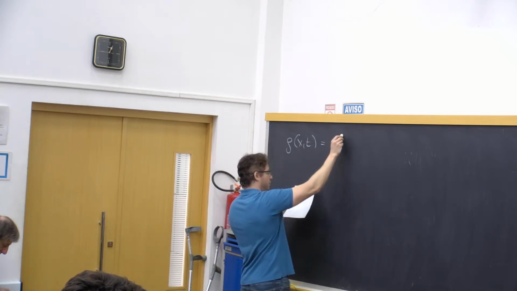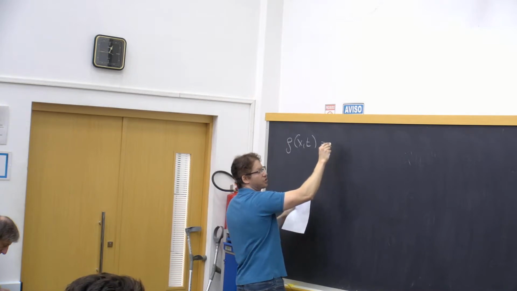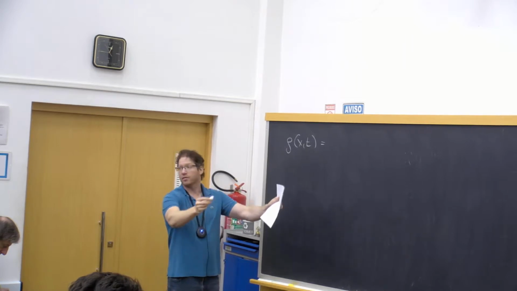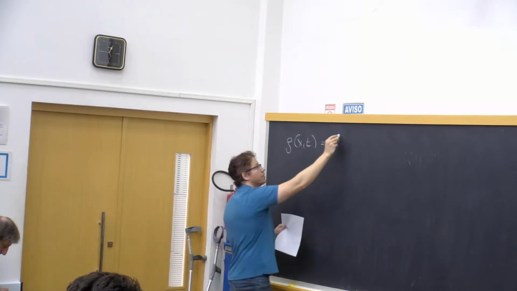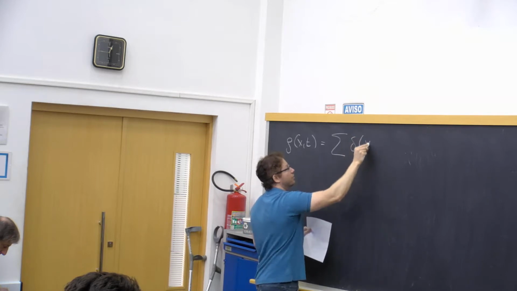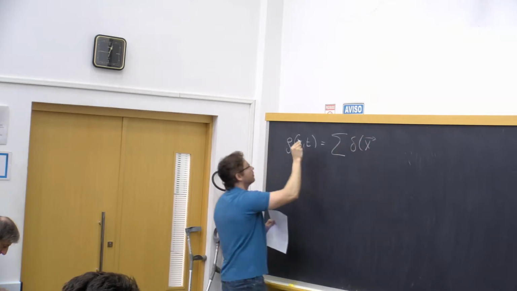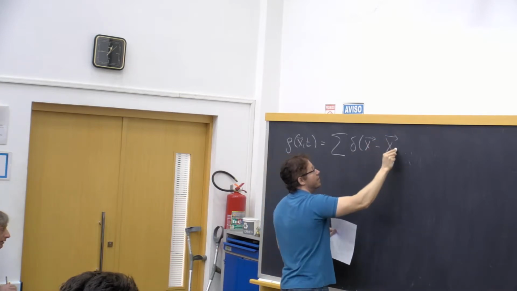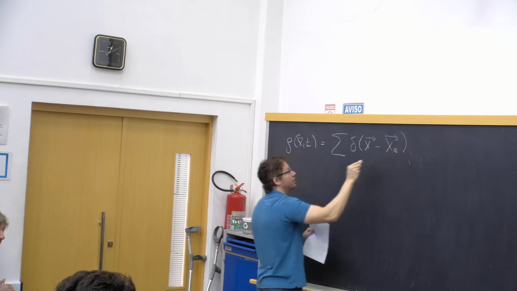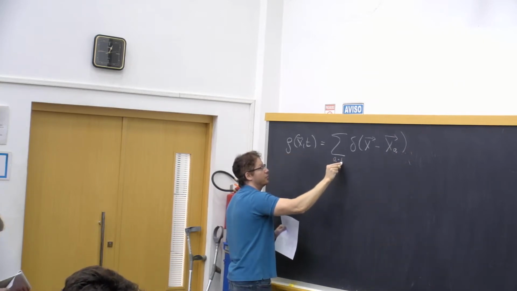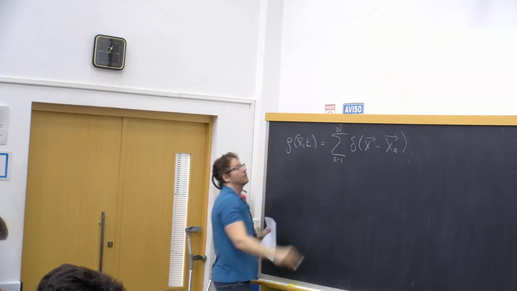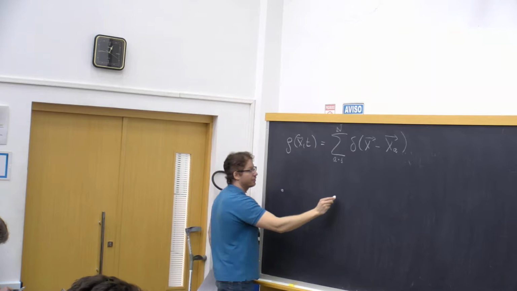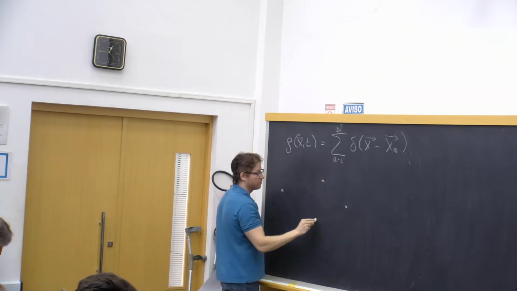So I'll take charge 1 particles. So the electric charge is going to be 1. I'm not going to introduce a coefficient E because I don't need it. So the charge is just going to be 1. So it's going to be a sum over delta functions, delta of x minus xa, where xa are the locations of the particles, and we'll have n of those. Okay, so I'm just describing n particles sitting in space and not moving.